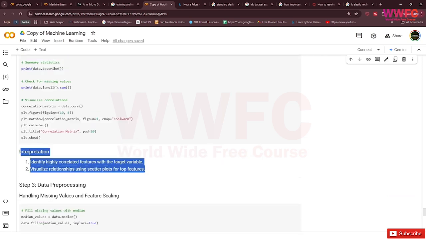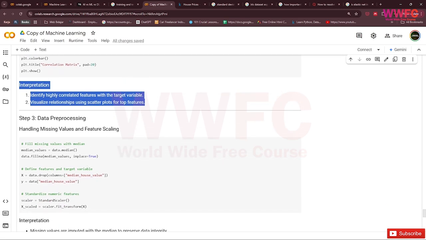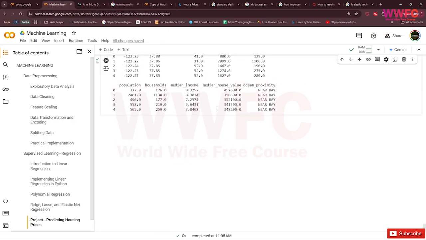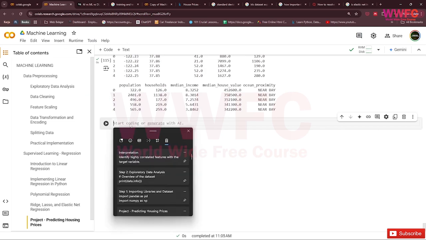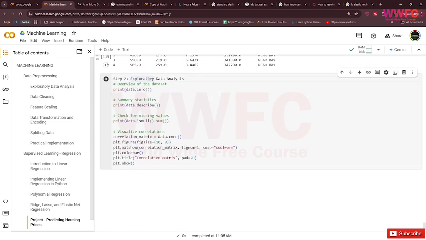We want to identify highly correlated features with the target variable and visualize relationships using scatter plots for the top features. So in step 2, we have an overview.